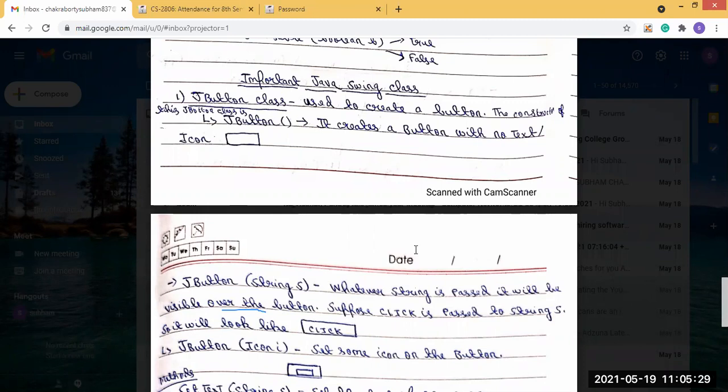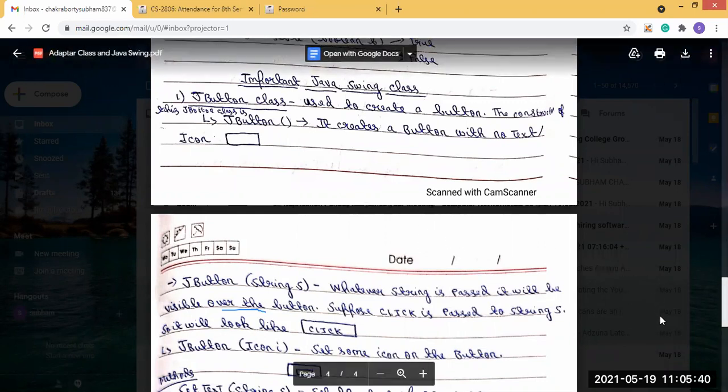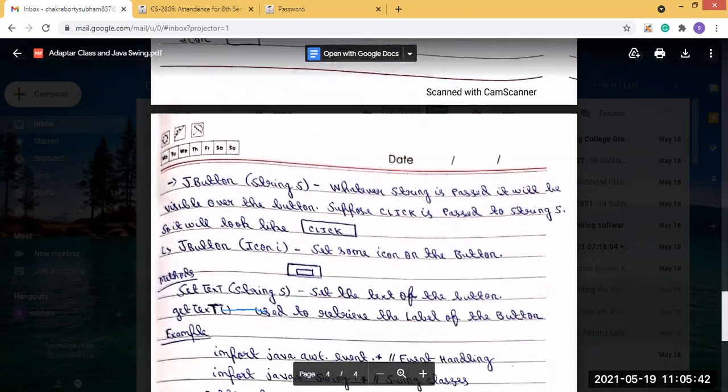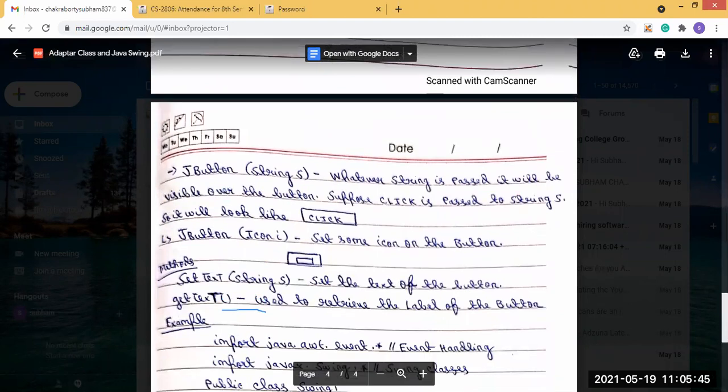Other methods are setText and getText, which you have also seen in the AWT classes. In the setText method, as a parameter we pass a String class object, so that the text will be set by the application programmer.